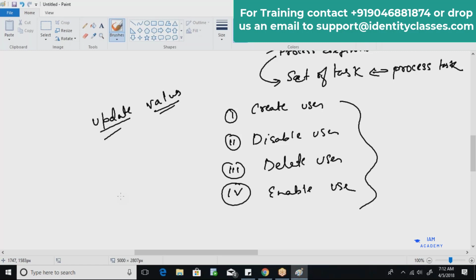In those cases, whenever the phone number has been updated in the HRMS system, that phone number must be propagated to the target system where your phone number data is utilized.